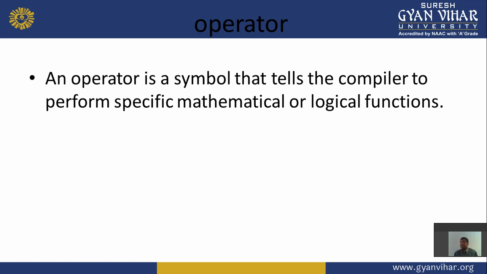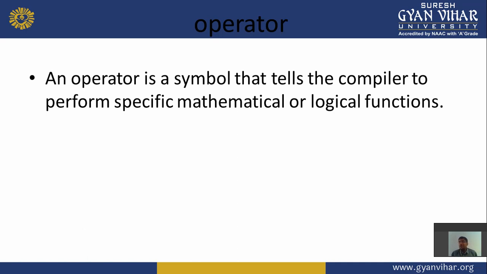And second is binary operators. If an operator symbol has two operands to perform an operation, then it is called a binary operator, like a plus b. That is the addition of two values, 2 plus 2, it has two values, 2 into 2, it has two values, a greater than b, it has two values. So that type of operator is called a binary operator.